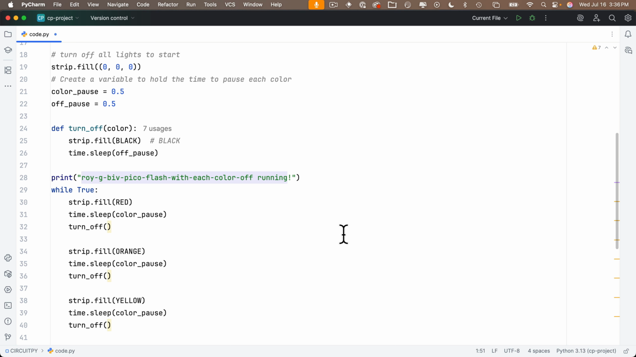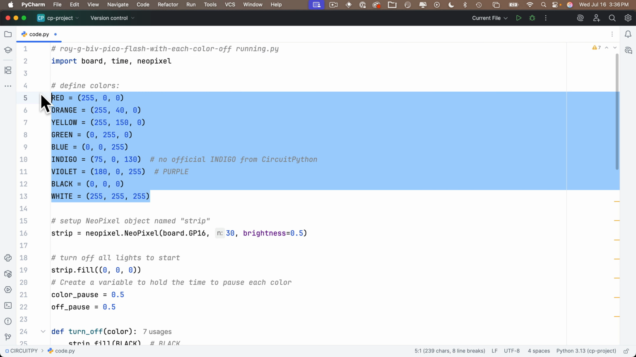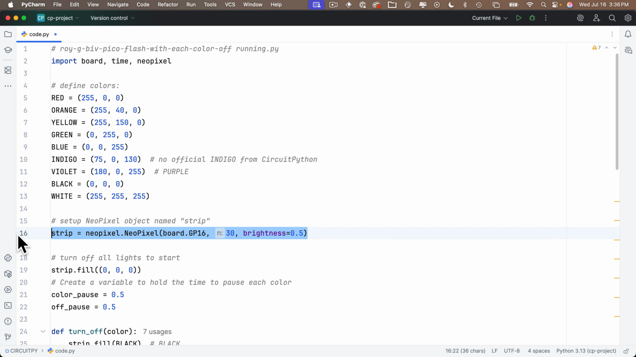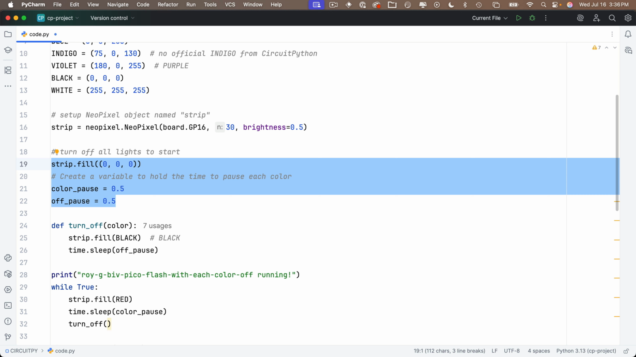Now, if you're new to coding, it's important to understand what's happening with a function. So let's look at all of our code. Our code starts up here. When our code is saved or when we plug our board in, we start running with the very first line, which is a comment. But then we import our libraries, we set up our color variables, we set up the strip, we turn off all the lights, we set up the variables that hold pause times, and then our function